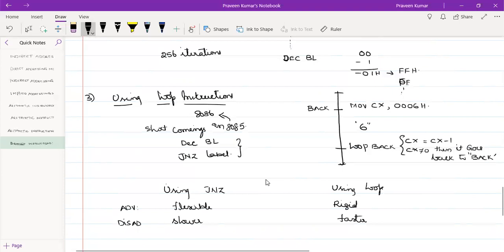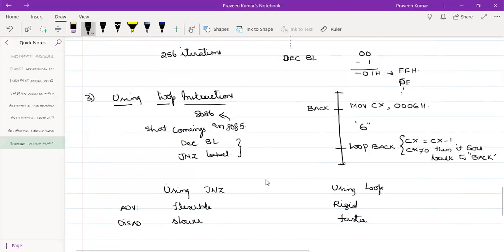How is this so? While using the looping instruction, we have used the CX register. Whatever the count may be, we have to use only the CX register. There is no flexibility.